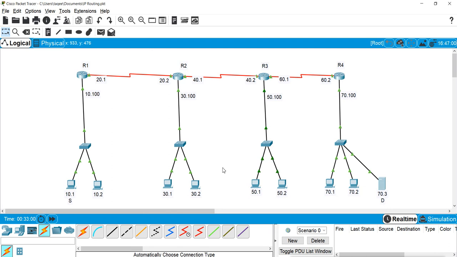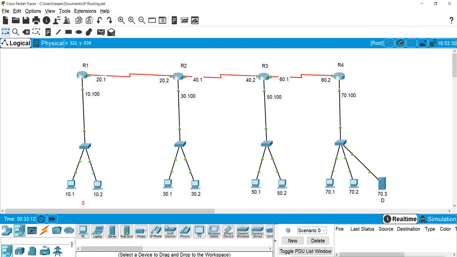Now here I have two machines. What I will do here, I will use these two machines as a source, and let's say I will use one more machine here. And this machine, I will give 10.3 IP, and this machine I will not block anything.